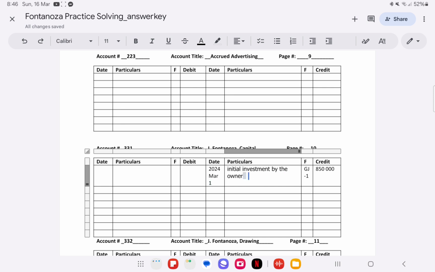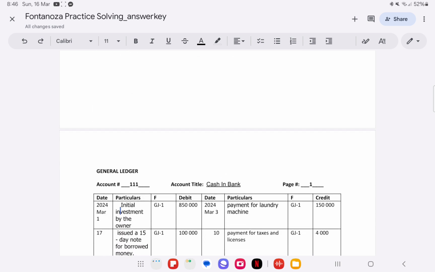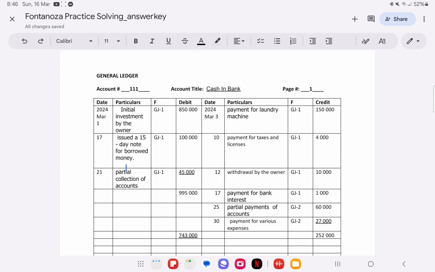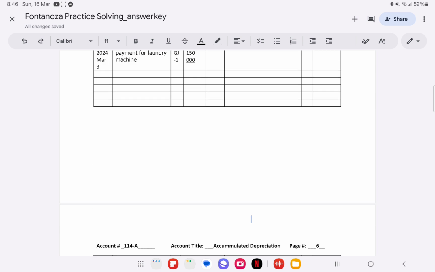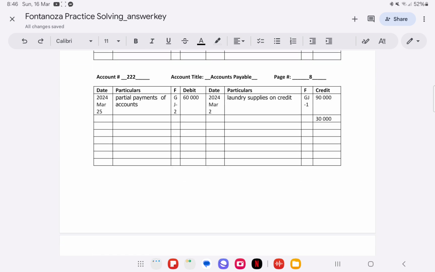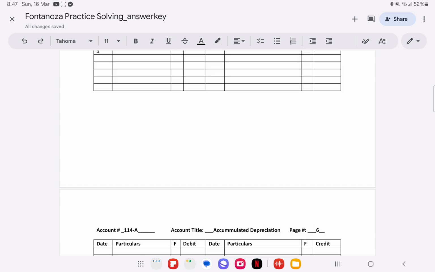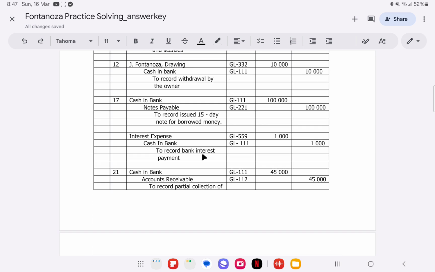So what would be your debit here? Your debit, initial investment by the owner, is your explanation. So it should also be the same with your value parted with for you to determine it easily. Okay? So initial investment by the owner, GJ1, since that's page 1, and 850,000. Okay, so next transaction is